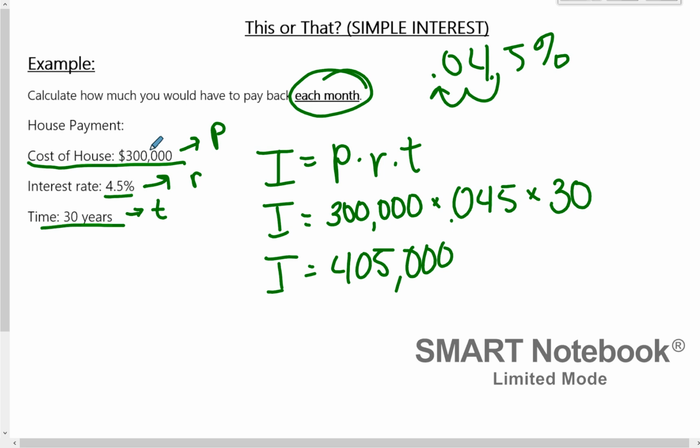Okay, so now you see why people borrow money to buy a house, because look at how much money they are making over those 30 years. That's insane. Okay. Not what the question asked for, though. Okay, the question is going to ask for how much you have to pay each month. So our first step